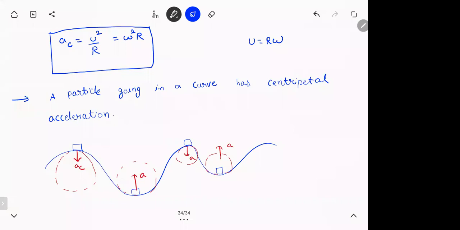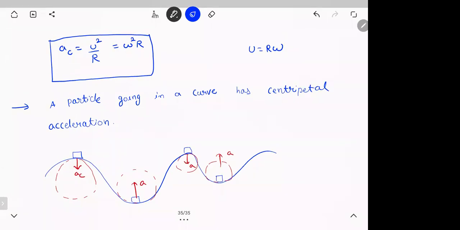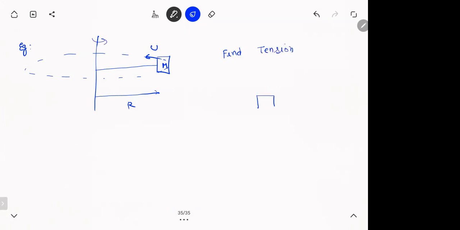Next one. So let me show you how that question comes back. We are going to do more problems in the next class, but for example, let's say there is a block here which is going in a horizontal circle. It is going with speed u and this is radius r. Simple question: they'll ask you to find the tension. First thing you have to do, draw a free body diagram. Normal reaction, mg. Did you see? NLM comes everywhere, laws of motion. If you don't know how to draw free body diagrams, you won't be able to solve. But there are only three forces. Don't draw centrifugal force, that doesn't exist. We will discuss that later.